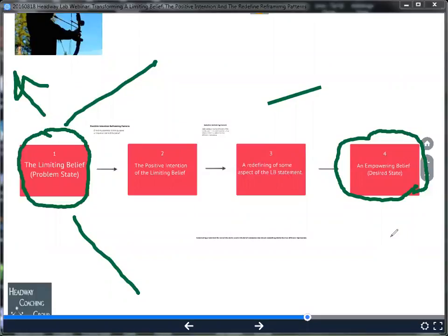We would like to install this particular statement or belief: I'm okay, I don't feel any negative feeling towards cockroaches when I see them. As soon as we formulate it, it becomes clear, because now we have direction. We have the initial statement and we have a